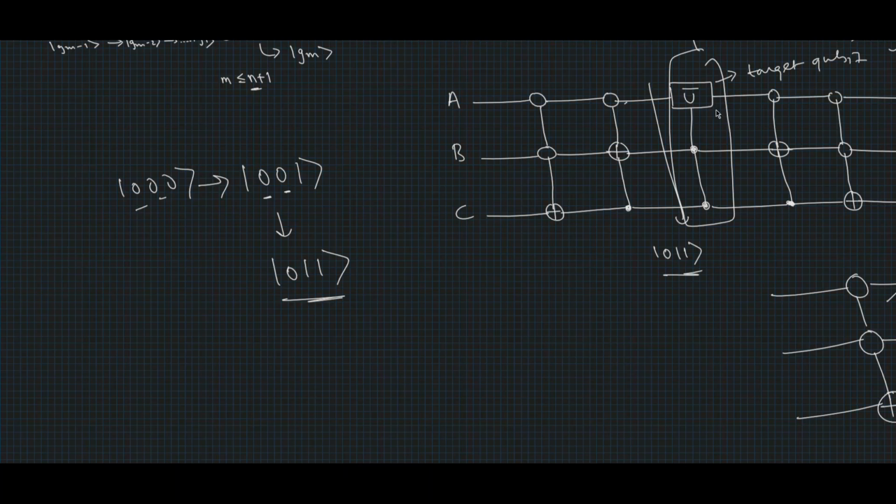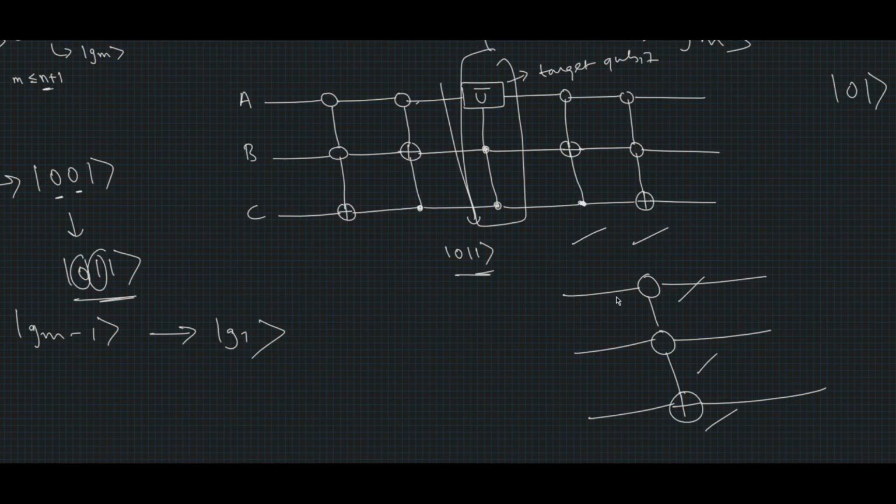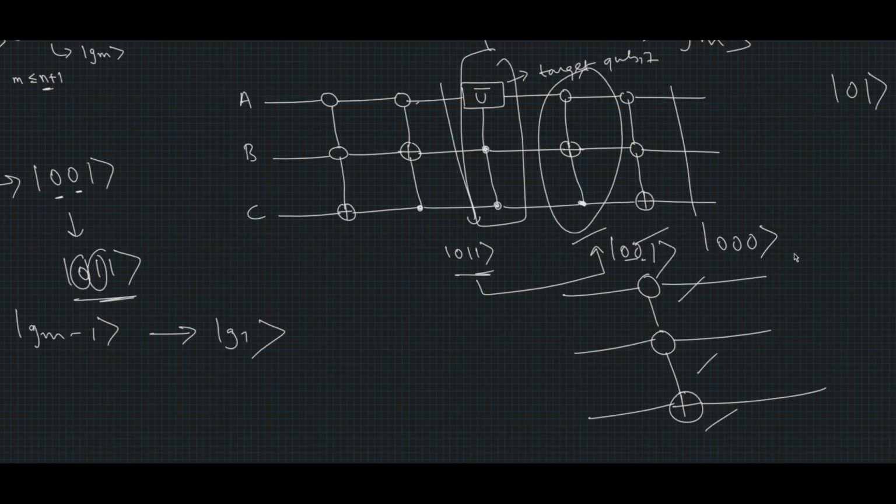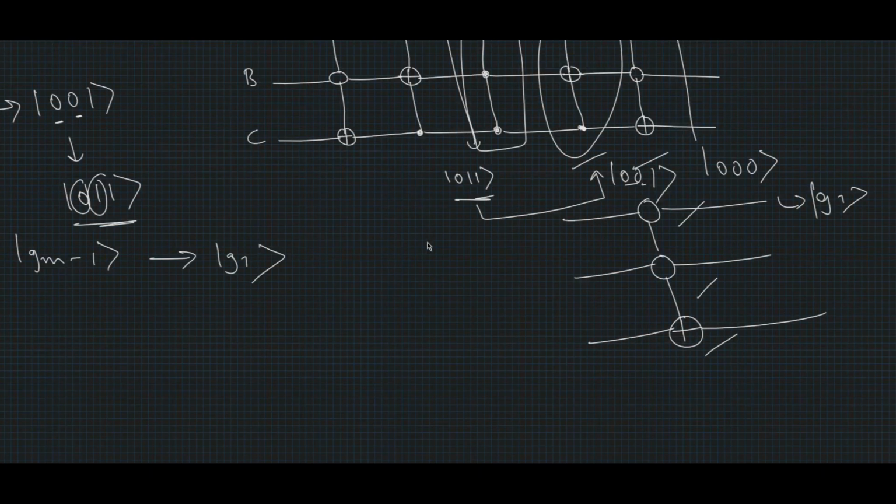After that, we have to undo the operation of the conditional qubits, that is the first and the second qubit, to go from Gm minus 1 to G1, which is achieved by the further part of the circuit, as you can see. So when 011 goes through this part of the circuit, since the first qubit is 0, the target qubit is flipped from 1 to 0. So this becomes 001. And similarly here, since both the qubits are 0, the target qubit is flipped to 0. Finally, we get back our initial state G1, and hence we achieved the unswapping operation from Gm minus 1 to G1.